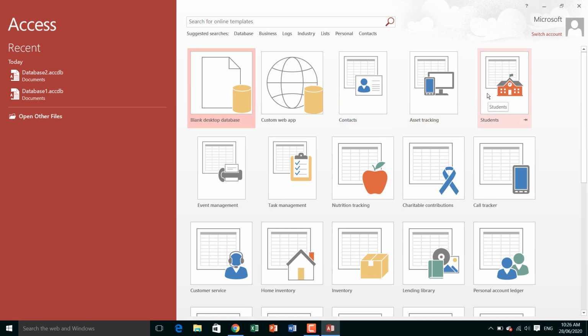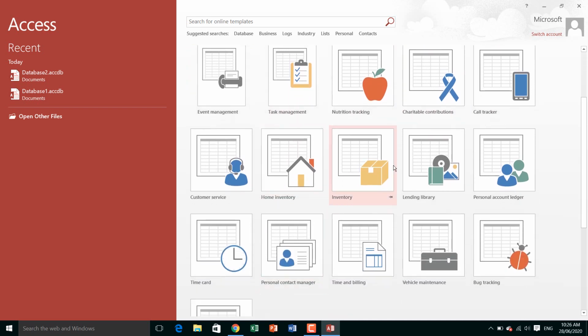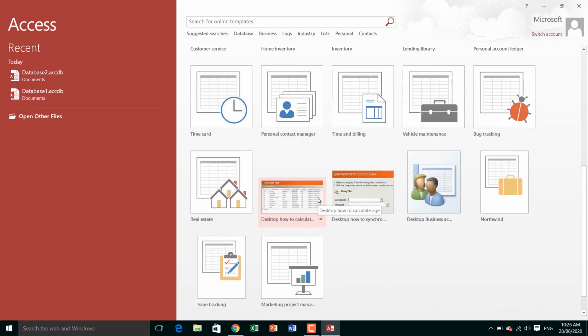If you want student details, you can use the student detail template. There are also call tracker, nutrition tracking, charitable contribution, task management, inventory, lending library, personal account ledger. You can use any of these templates for creating a database. It is a very good facility provided by Microsoft in Access, ready-made templates you can use.